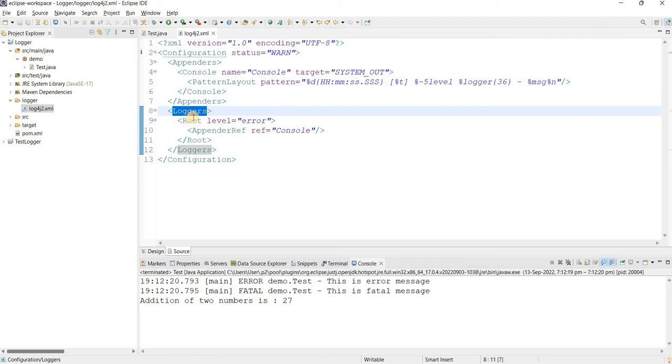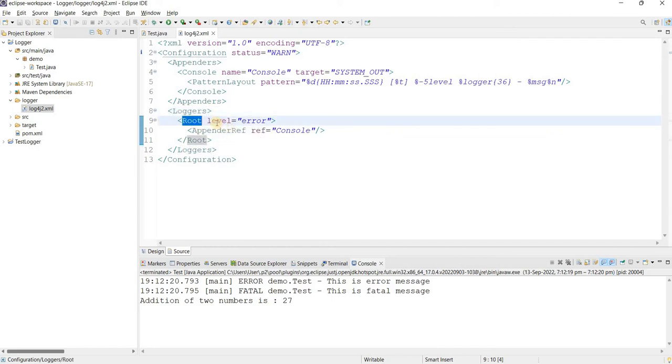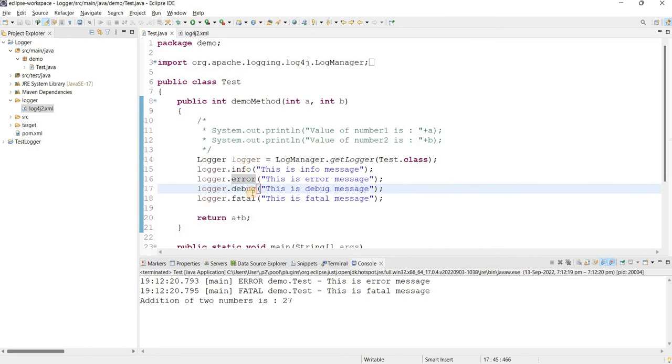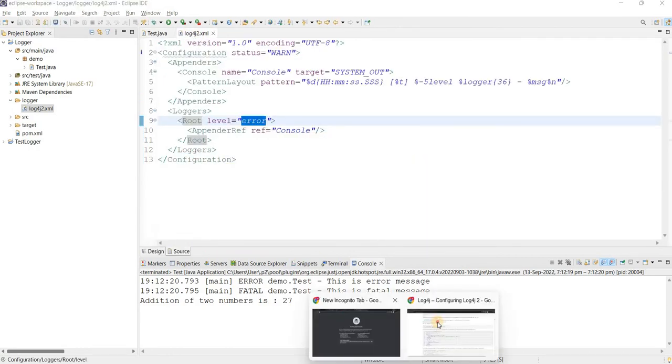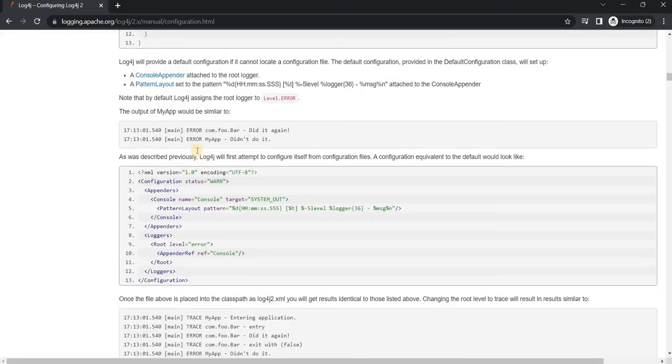So this is another major, important part, that is loggers. Under which we have the root tag. The root tag basically has the level. This is what we were talking about. By default, it is set to error. If I want to print another level of messages, let's say info or debug or trace, then I have to specify that particular level